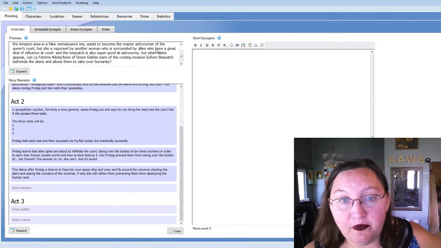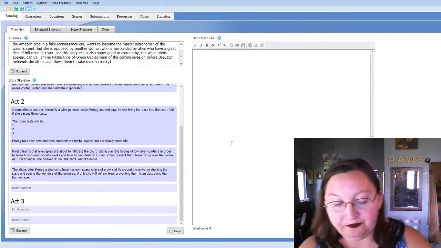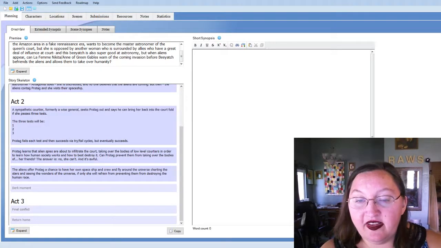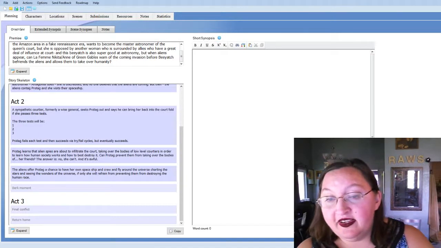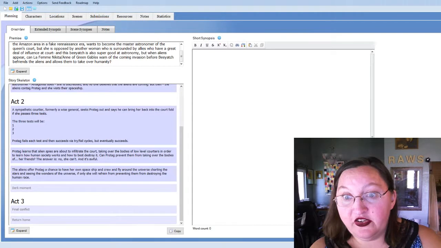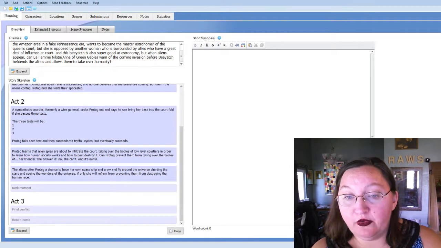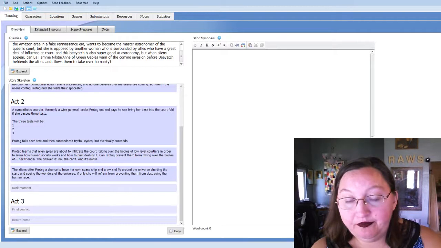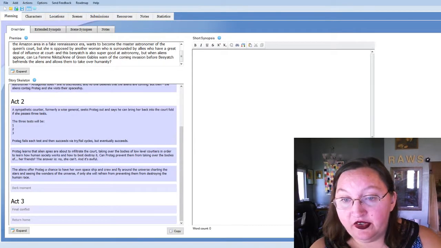All right, so in Dark Moment, one of Protag's friends is executed for treason, which they committed under the influence of their alien. And the aliens show Protag her new spaceship and her friendly crew, and the master astronomer threatens to have Protag removed from port. The friendly courtier general mentor dies via alien hand,